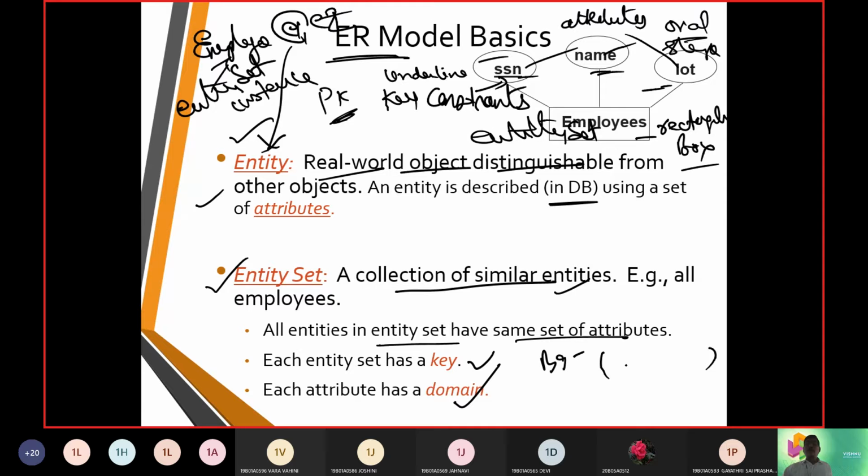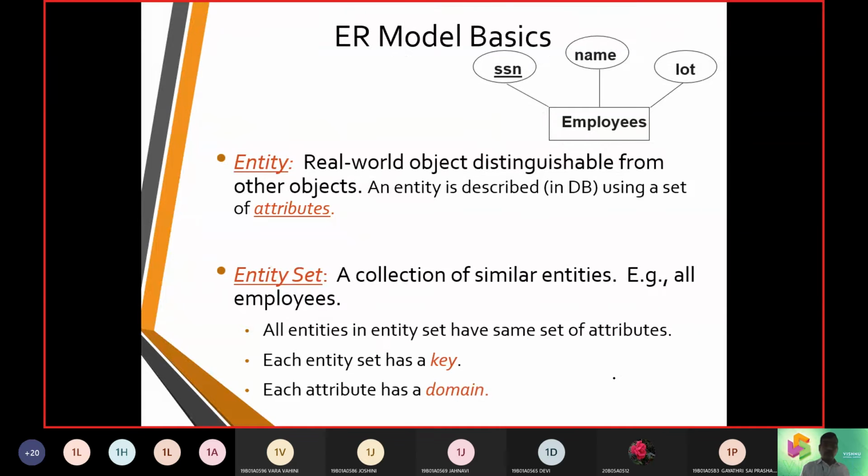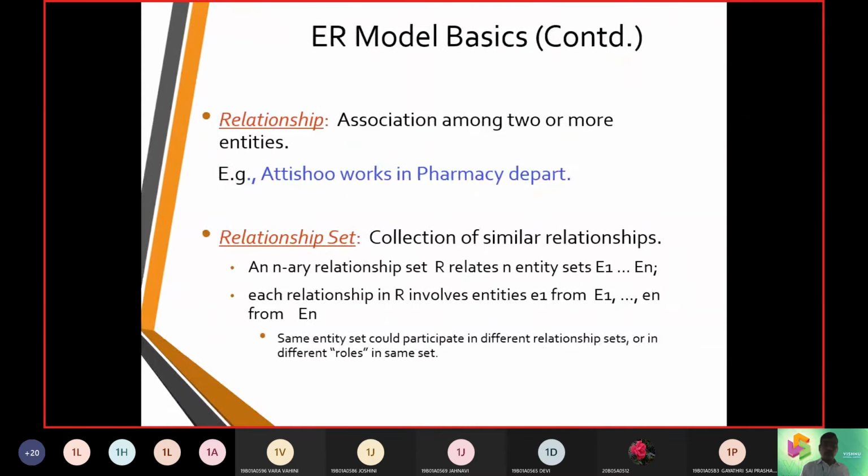When I say blood group, it will be around 8 to 10 classes, no more than that. So whenever I say blood group, obviously it will fall in A or A positive, O or O positive. In this way, any one of them will stay. That is what we call a domain.